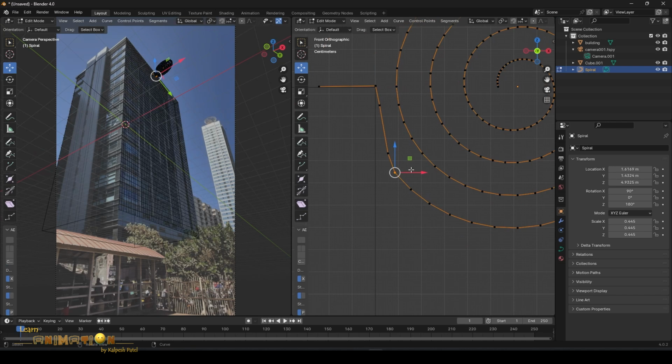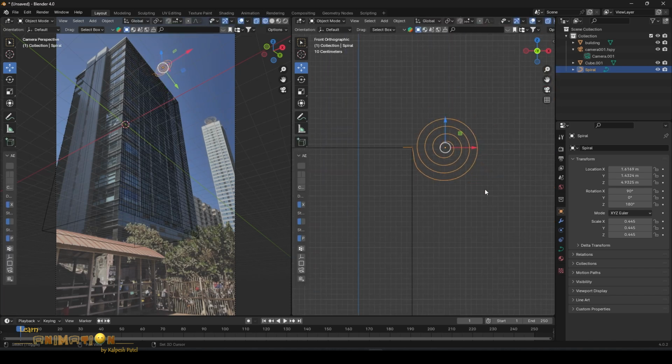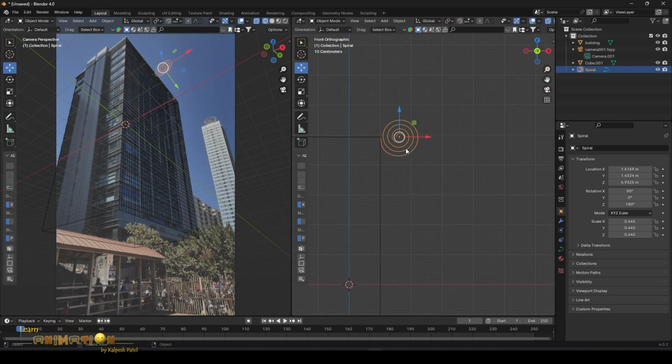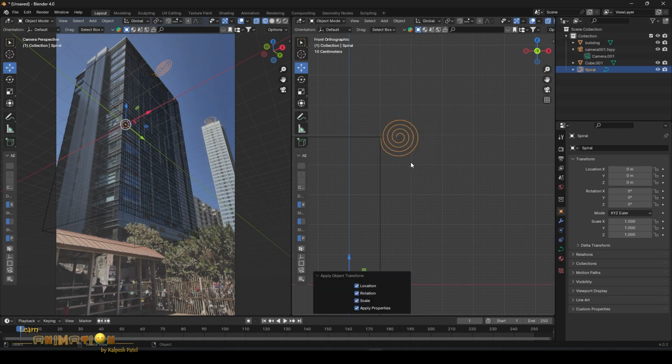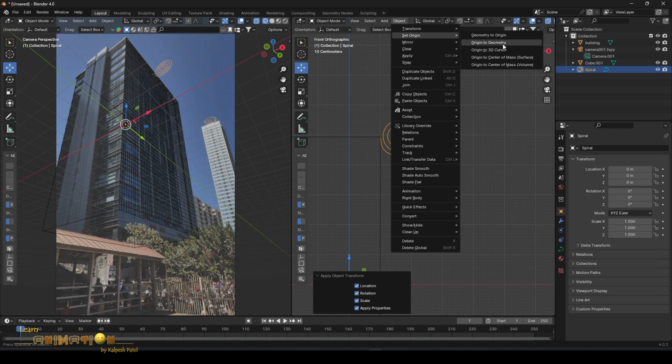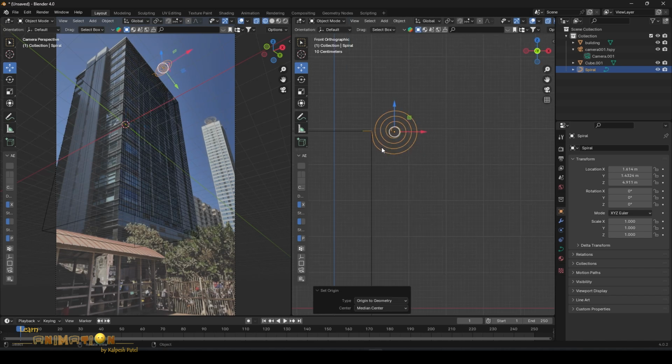If it is not proper or is zigzag, we can adjust this curve by going into edit mode. Now press Control A and apply all the transformation, location and scale. And again we have to adjust the origin, set origin to the center of the geometry.